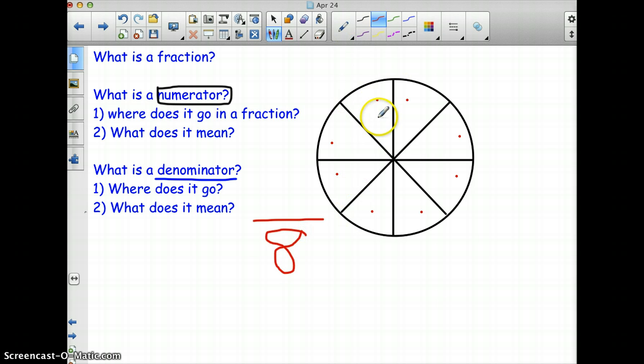Now, I haven't colored anything in, but let's imagine it's pizza and that this piece has been eaten, this piece has been eaten, and this piece has been eaten. If I say how many pieces of pizza have been eaten, or what fraction of the pizza has been eaten, we know that 3 out of 8 pieces of pizza have been eaten. So, my numerator is here at the top, and my denominator, which tells me how many pieces there are altogether,